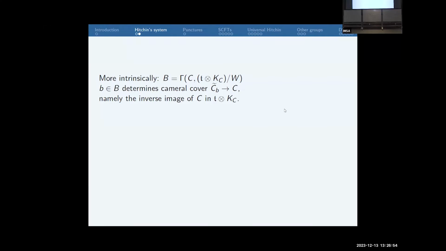So you think of the little b as giving a map of the curve into this total space quotient. The total space has a double cover, and you just pull it back. Okay,